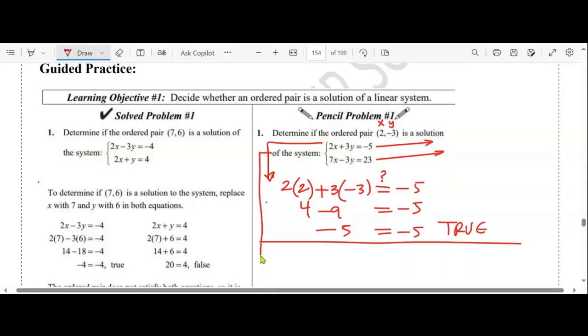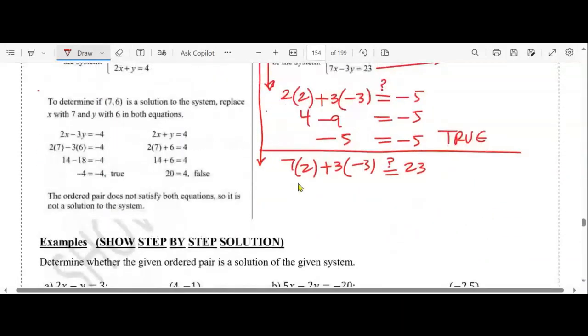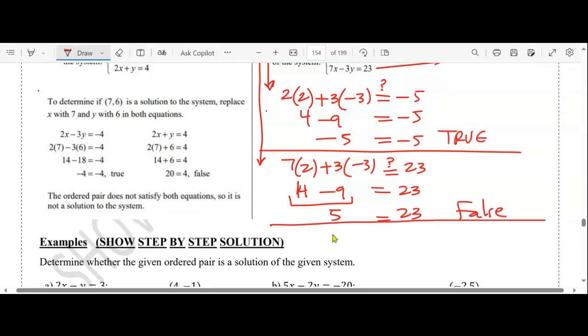Now we go to the second one. 7 times 2 plus 3 times negative 3. Is it equal to 23? 7 times 2, 14, minus 9, equal 23. How much is this one? 5. Is 5 equal 23? False. So overall, we say the ordered pair